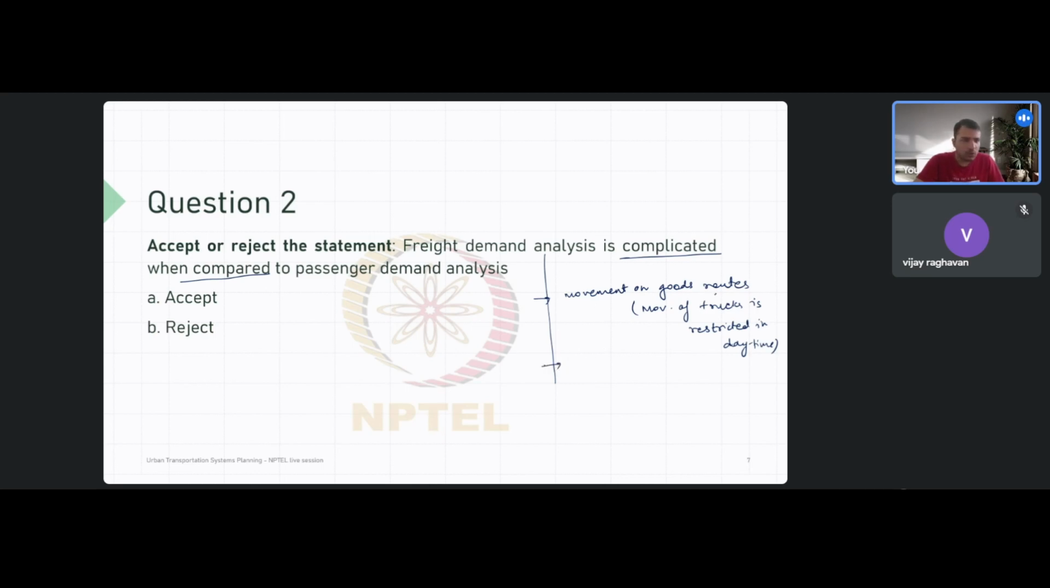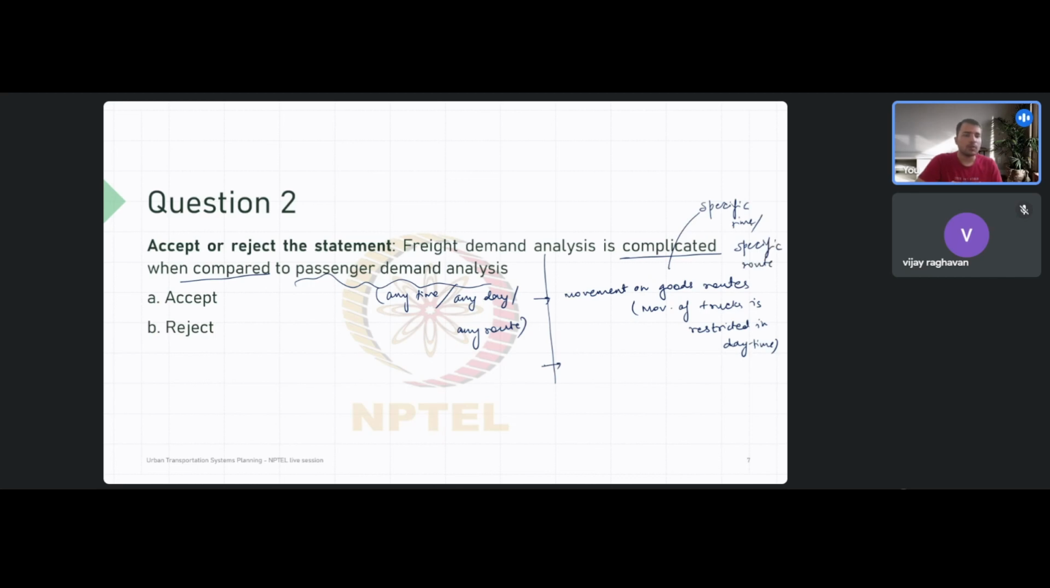So movement on goods route. How is the movement? What is the time? These things affect. But when we see passenger demand analysis, there is no such constraint. They can get out any time, any day, any route they can pick. But it is not the case for goods routes, because in goods route we have a specific time, specific route,